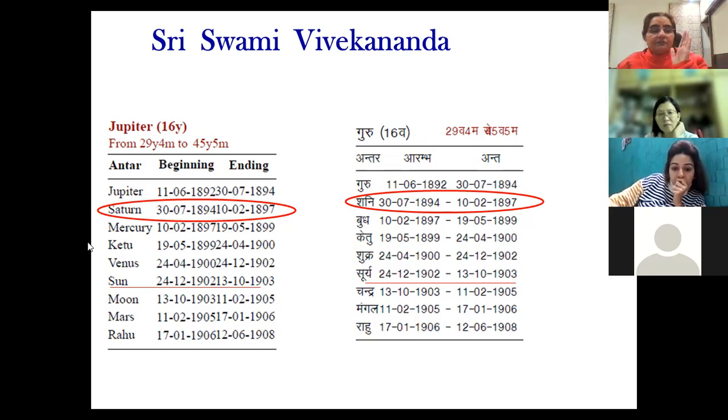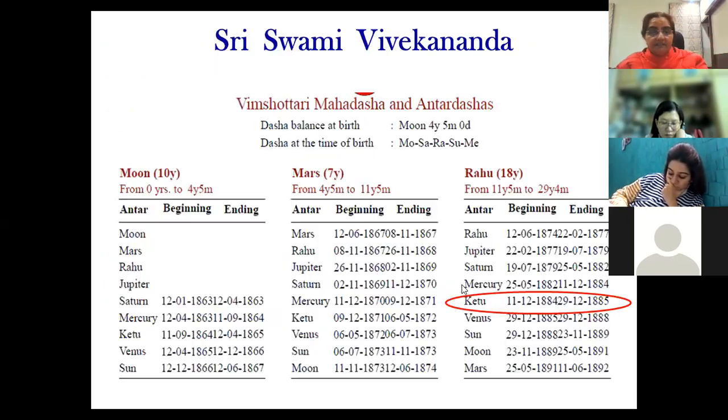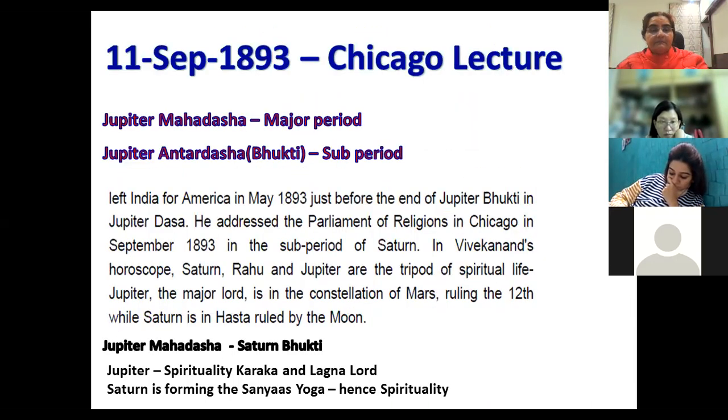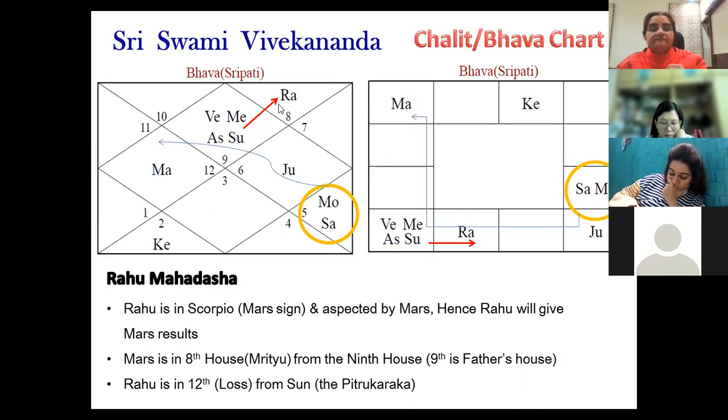That's why I've shown Jupiter in Saturn, and then I have pointed out Jupiter in Sun, because this second one is when he died. Here he gave the lecture, and a few years after that he died. So this also we'll consider. I think now, why Jupiter, these three, Saturn, Rahu, Jupiter, these three were the reason behind his spiritual life and why he gave a lecture out of the country, which became very popular even today. So see the connection.